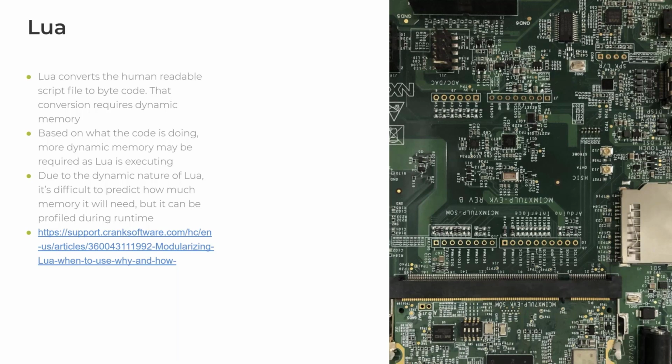And I'll show you some tips and tricks that you can do to take a look at your Lua memory usage. Also, we have a white paper or a knowledge base article on how to modularize your Lua so that you only load the components of Lua that you need at a given point in time. By default, if you put everything in your scripts directory, then we just load all those scripts into memory in any case, and then execute them when they're needed. But there are ways that you can modularize it so that you only load the pieces that you need and unload them. So I'm going to switch over to our Storyboard Designer at this point